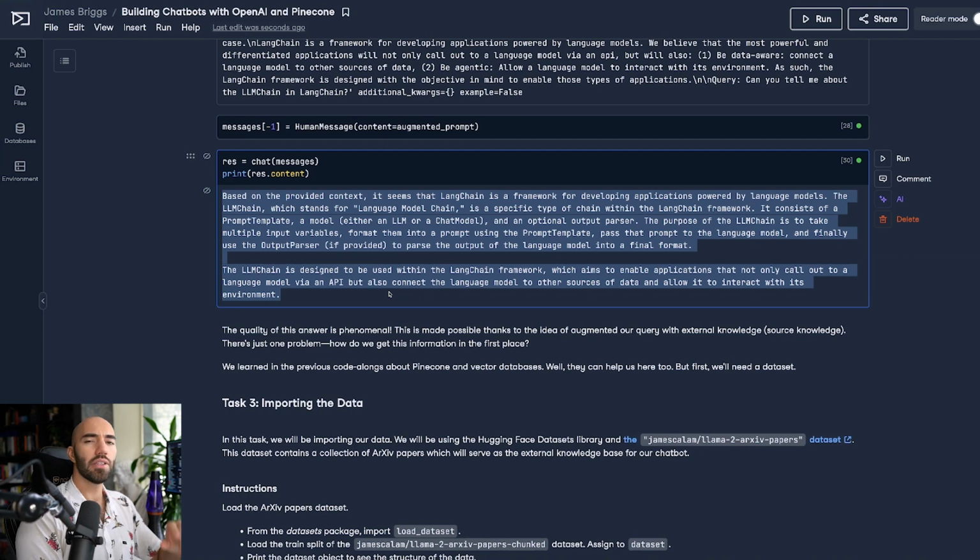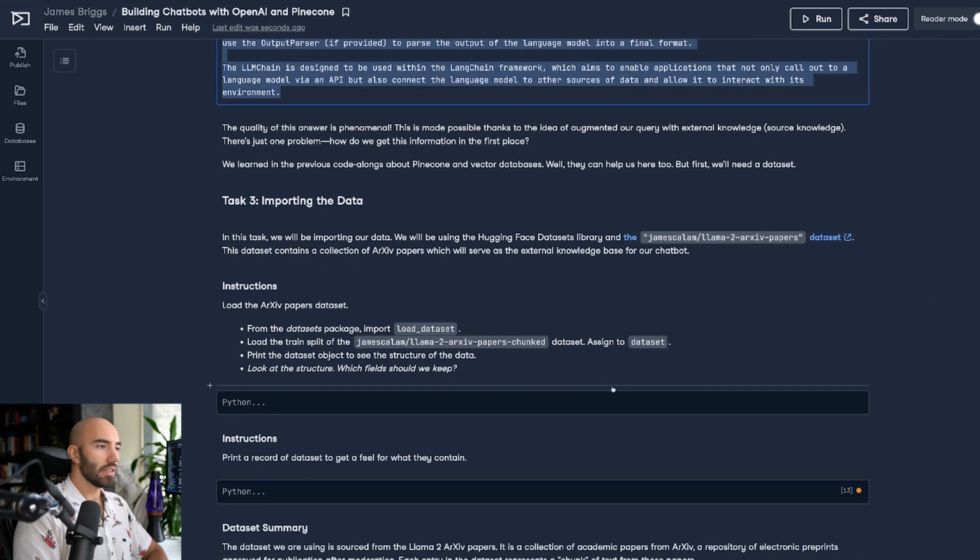But we can't do that with every single prompt. How do we know what the user is asking about? I'm not going to sit at a computer and pull in information for every user's prompt, and I don't think anyone else is either. So we need a way of automating this augmentation process, and that's where RAG comes into play.